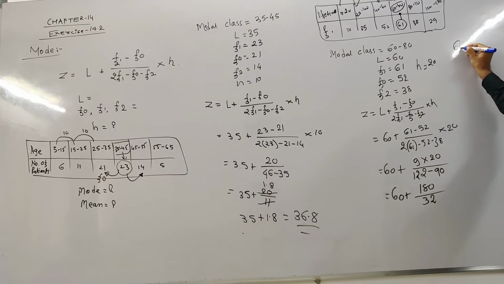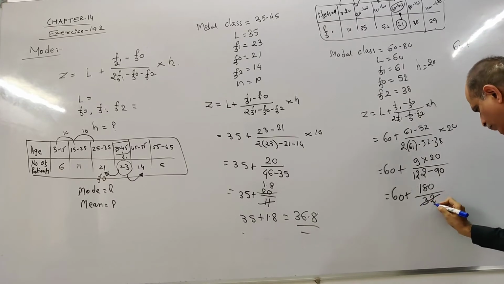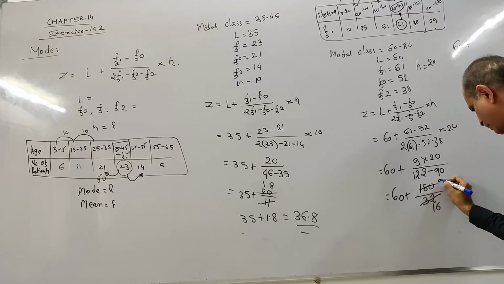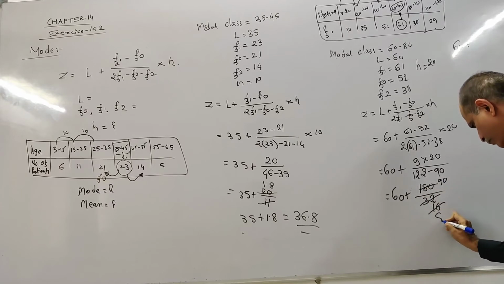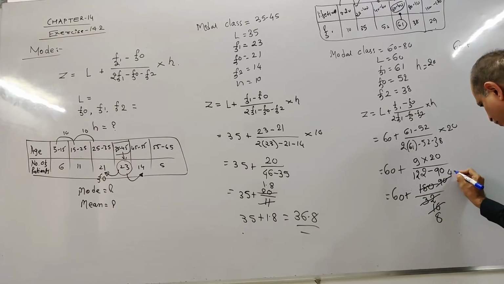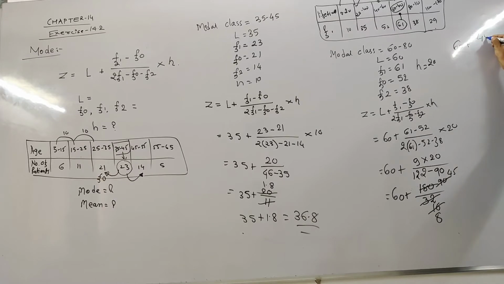So 60 plus, if you divide by 2 you get 16, you get 19. Again divide by 2 you get 8, here you get 45. So 60 plus 45 by 8. So if you divide 45 by 8,